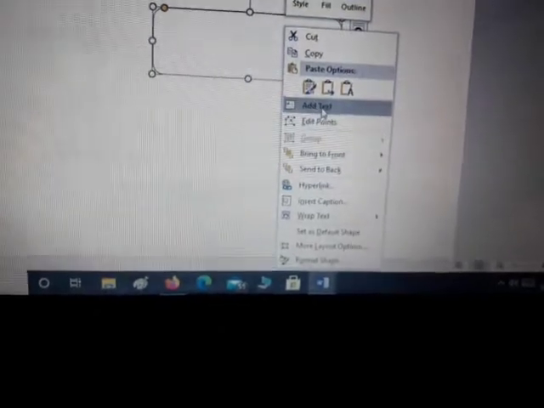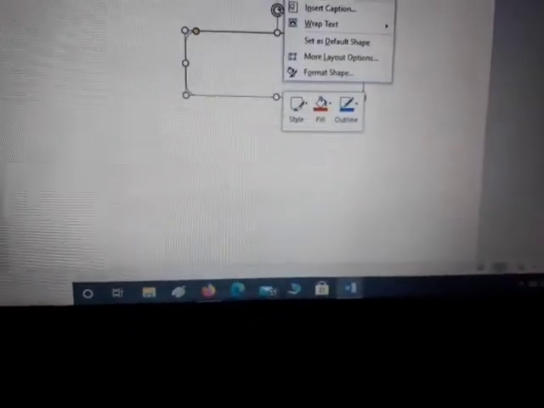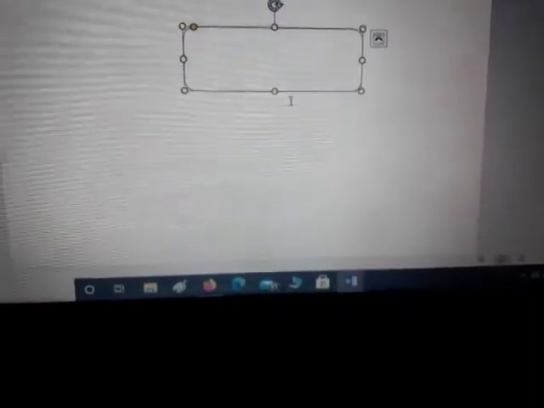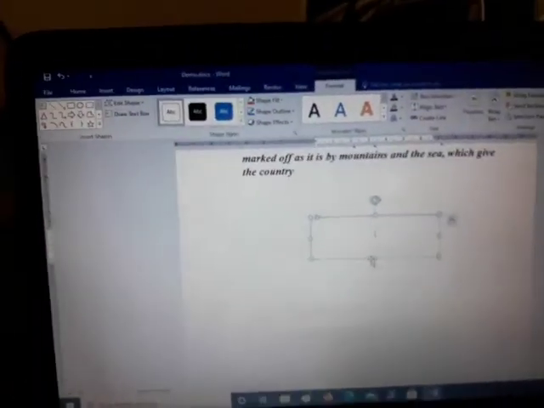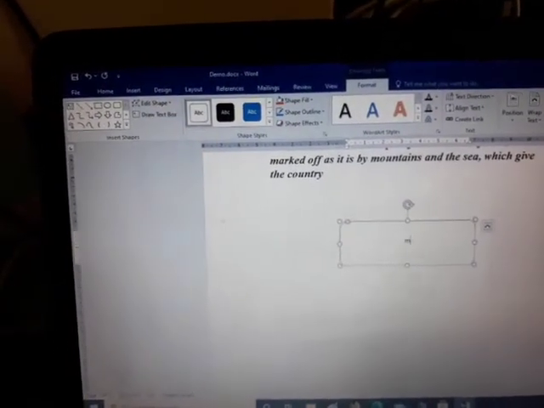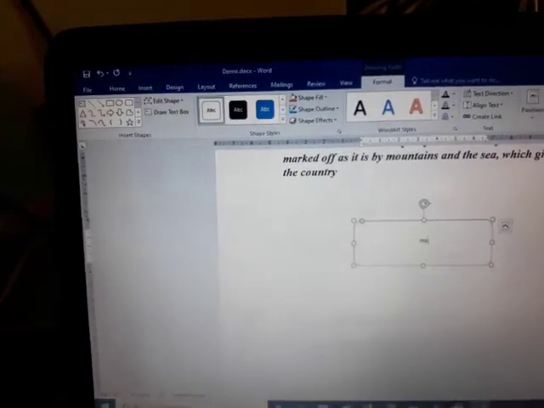And if you want to write something in this text, then here what you have to do, just right click and add text. So here I'm clicking right click and taking add text. Then I'm writing my name, Mary. See, like that. So whatever you do, everything will be there here only.